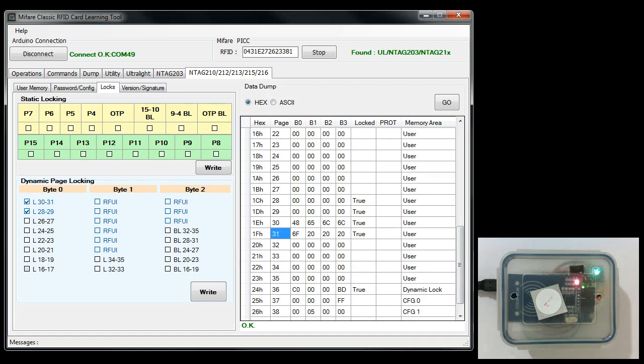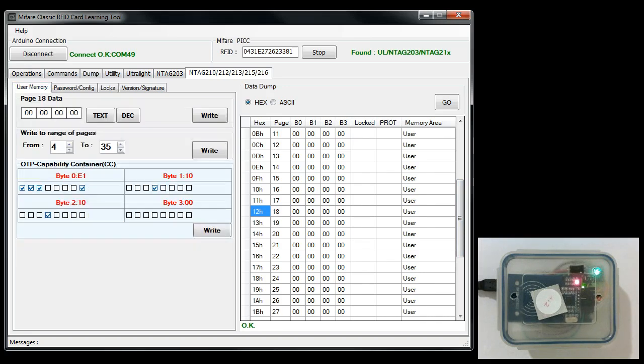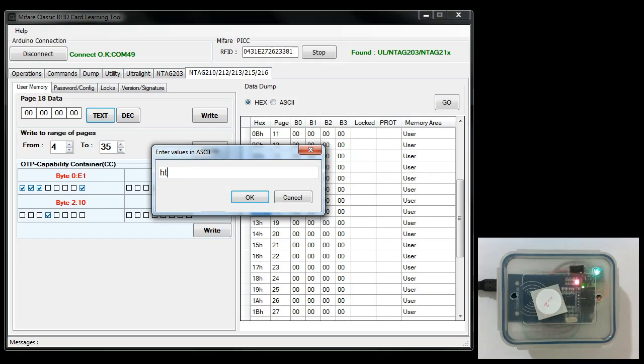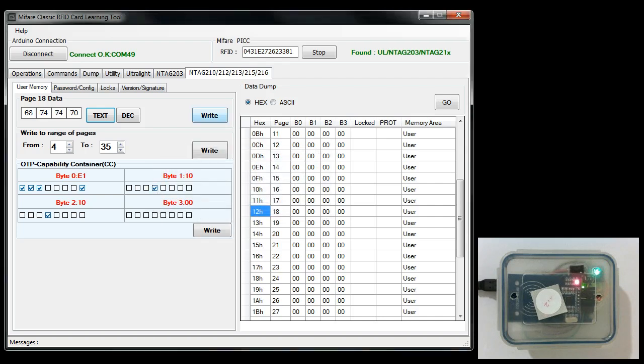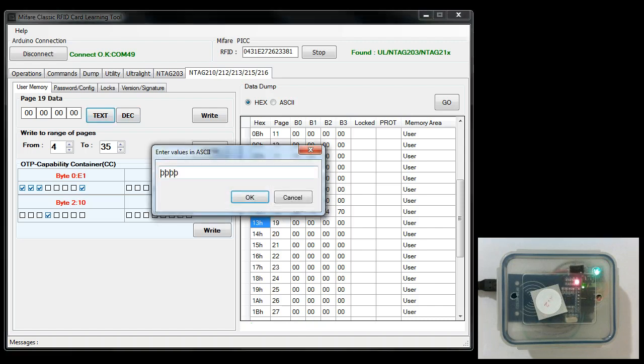I'm going to put some data in pages 18 to 19, say here, and I'm going to lock it. Or you can also put data in 4 pages. So just go here and this is page 18. I'm going to put, say, just HTTP. I'm going to create a small URL, HTTP, right? And in the next page I'm going to put